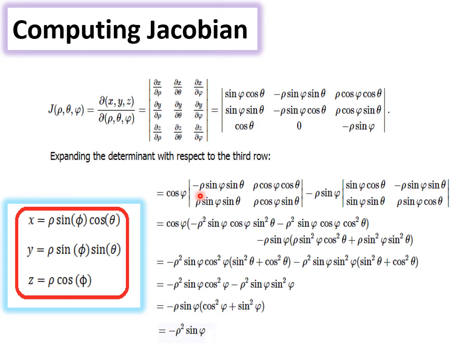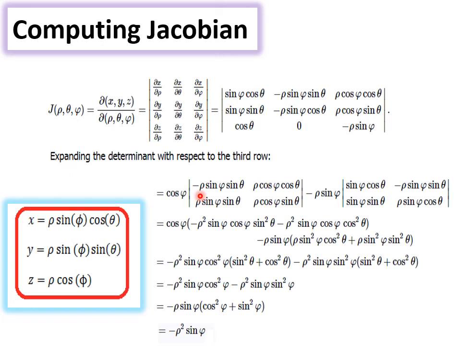Hope you are comfortable in computing the Jacobian for various coordinate transformations. I am just summarizing today's lecture. We had seen what is the definition of Jacobian and how to compute it for general transformation as well as standard coordinate transformation. Jacobian is the scaling factor for the transformation. Transformation is nothing but a mapping from one set to another. So we are going to capture the scaling happened due to the transformation by computing the Jacobian.